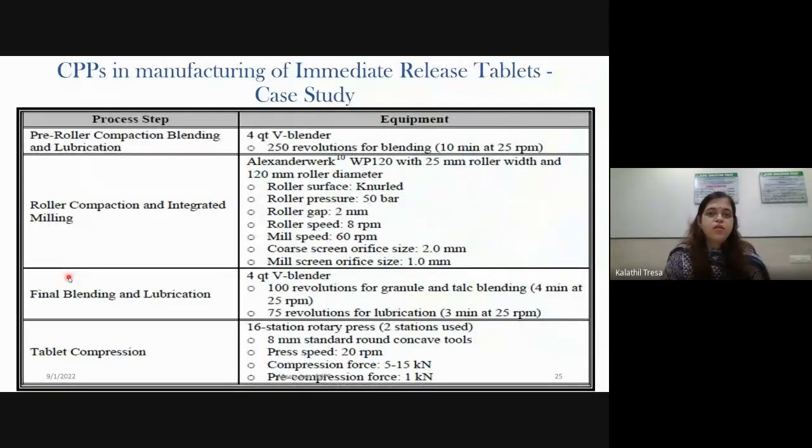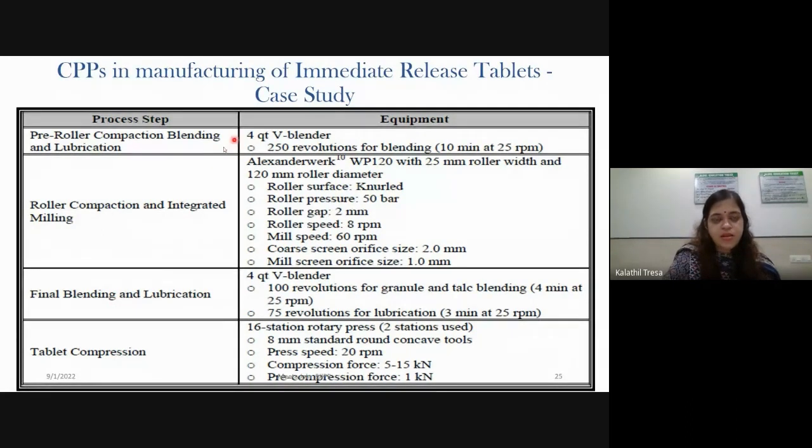Second is the CPPs, that is, process parameters. So these are the process steps which are going to be followed to manufacture the tablets: blending and pre-compaction, blending and lubrication, then roller compaction with milling, then final blending and lubrication, and compression.